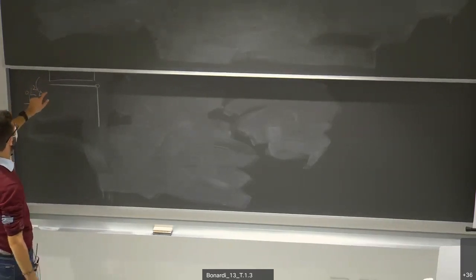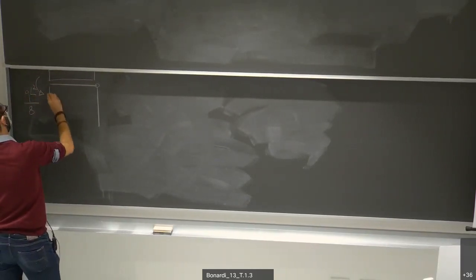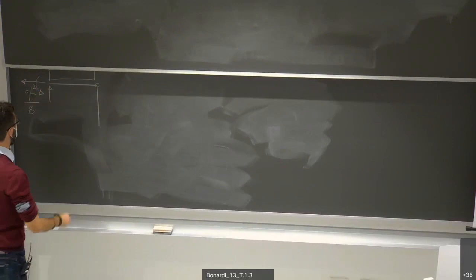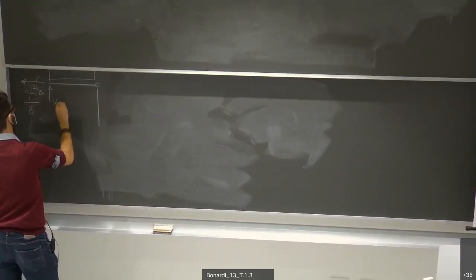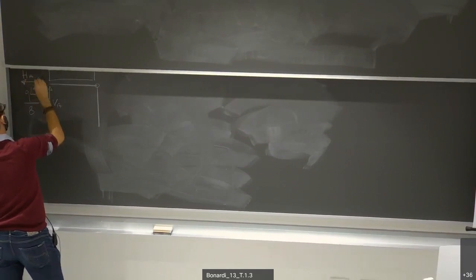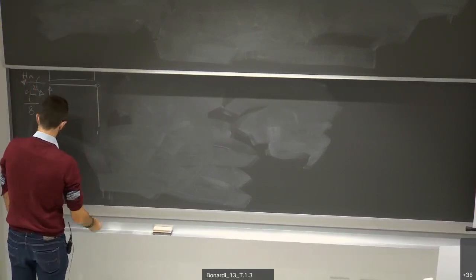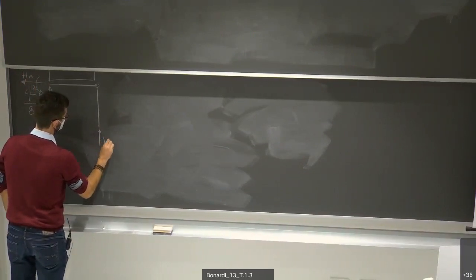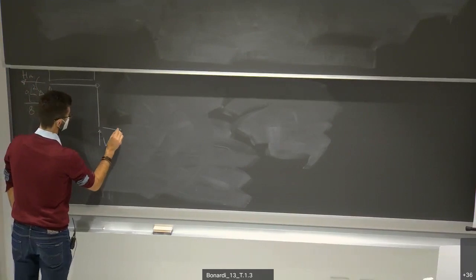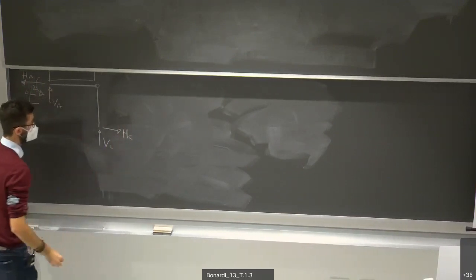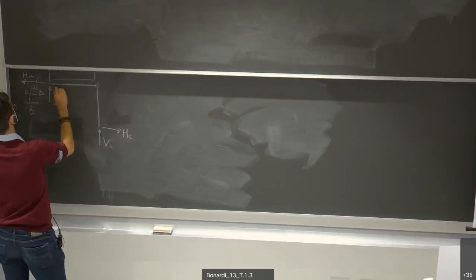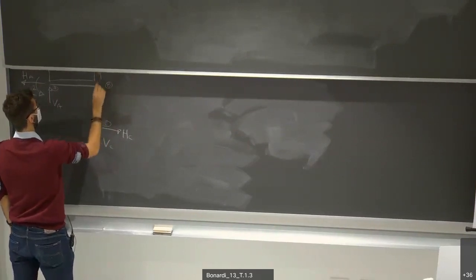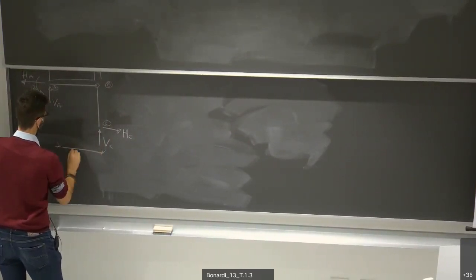Then here we have an intersection. So this intersection provides us a vertical reaction VA and a horizontal one, HA. We have vertical and horizontal. This is A, this is B, this is C, this is Q, and